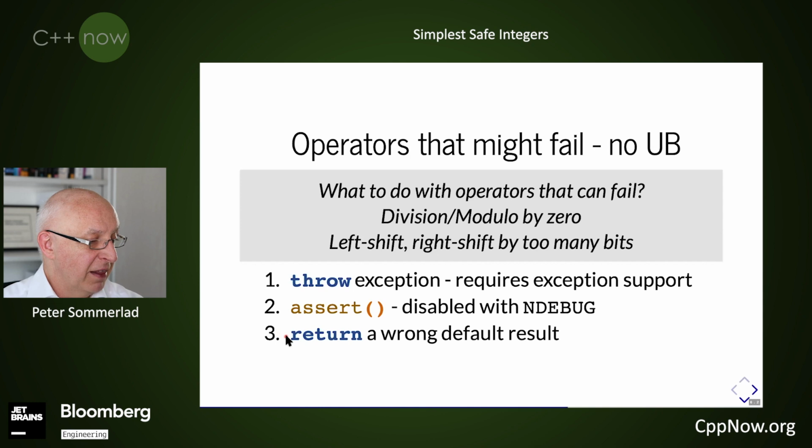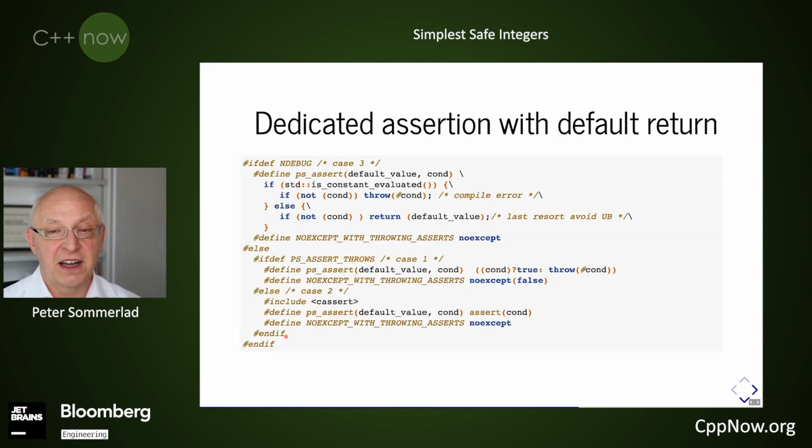And the last option: if you really want to run not in debug mode but in release mode, where assert would just go away, you still want to have a reasonable behavior that's not undefined. That is where we provide the means to return a wrong result that is better than just undefined behavior. And we will see what that wrong result should be. To get there, we have to rely on macros. So first, let's get to the interesting case of returning a wrong result.